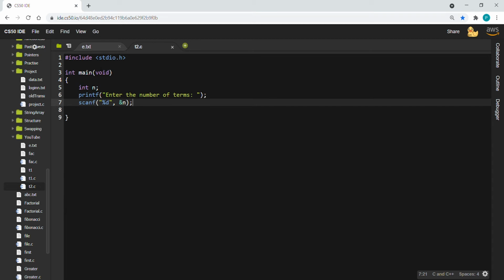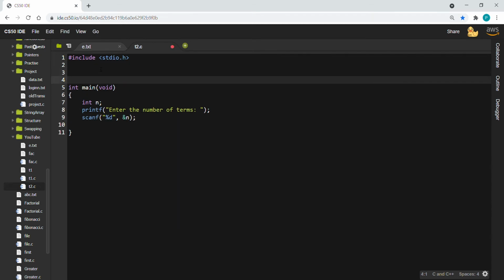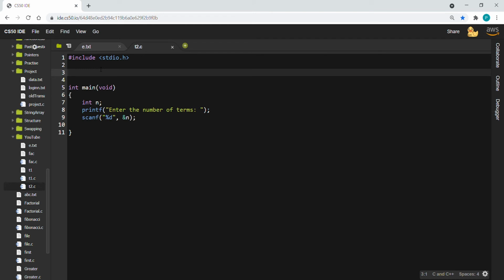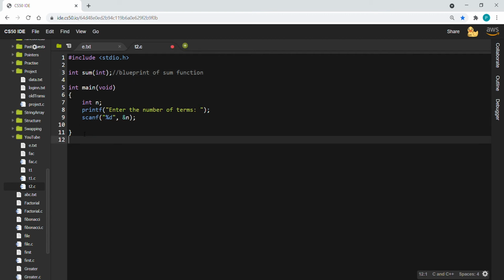concept plays out. In the first part I am declaring one function, int sum, which has the return type integer and takes an argument int. This is called the blueprint of the sum function. So all we are doing here is declaring, or making, the blueprint of the sum function, and here let me define int sum, where int is a variable, and we have to put one dummy variable. Let me call it i,